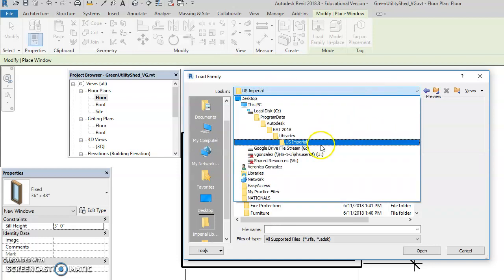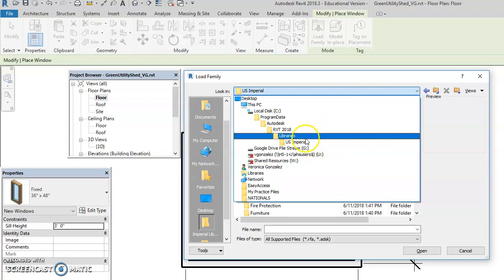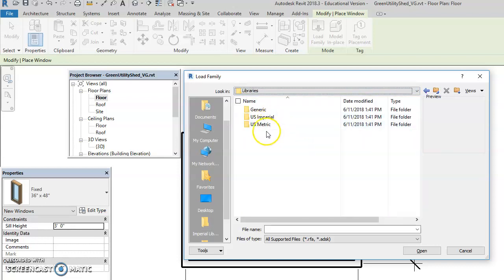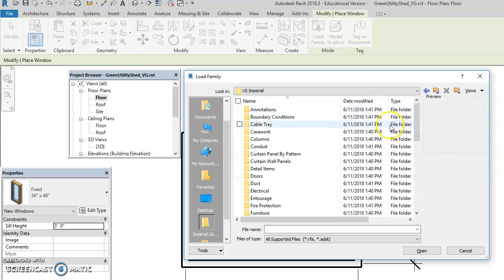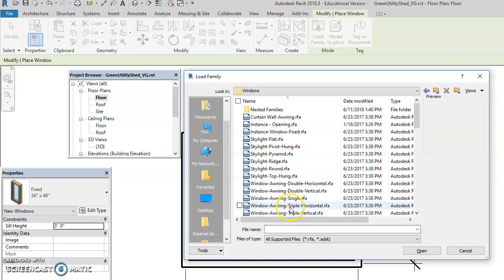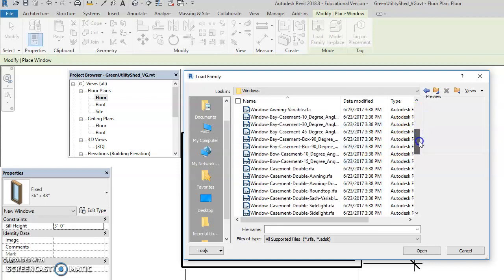If you notice, you have different libraries. You have your US Imperial. If you go to libraries, you have your generic and your US metric. Just depends what you want. Let's go to Windows all the way down. There we go. Alright, so we're here in the Windows, and we're not going to